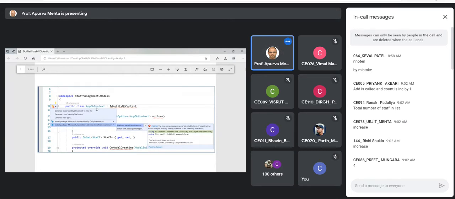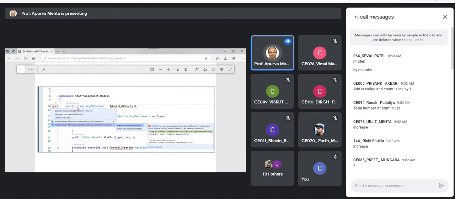AppDbContext. Very likely, if you don't change it in the constructor, the name of the database is AppDbContext. Within that, it will create all the tables based on your model. Then through IdentityDbContext, it will create some other tables like users, roles, user in roles, etc. These tables would be created within this database. And when you inherit from IdentityDbContext, in a way you are also inheriting from DbContext, so you don't have to worry about it.